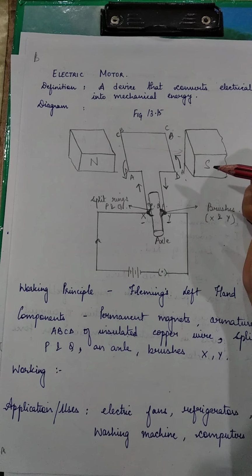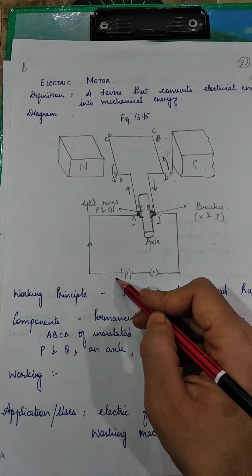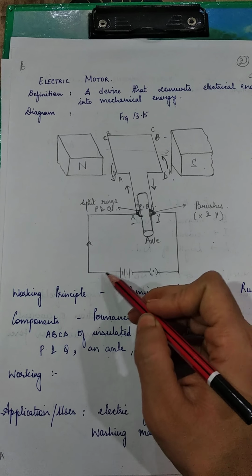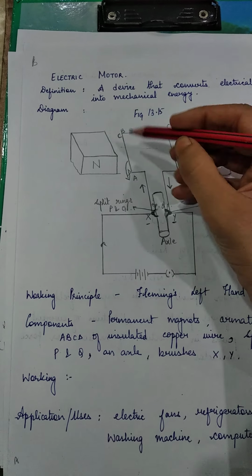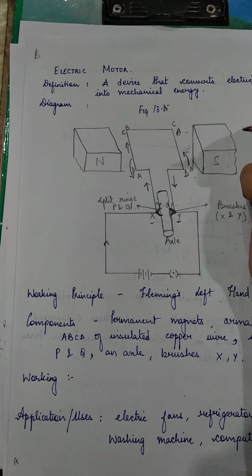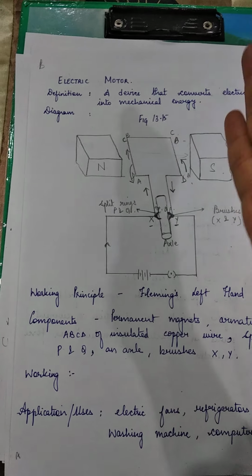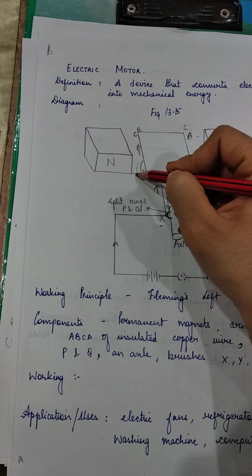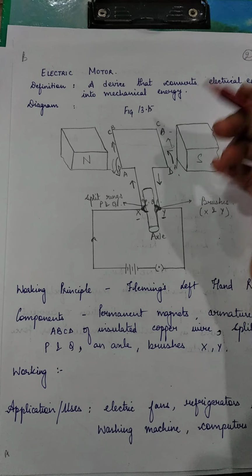right? Now, as you can see, what will be the direction? The direction of the current will be again from positive terminal to the negative terminal. So now the current will be moving again in this direction. It will be moving through CD. So earlier, if we remember, CD had come up. Now CD will go down again, right? And AB will come up. Initially AB went down. Now AB will come up.